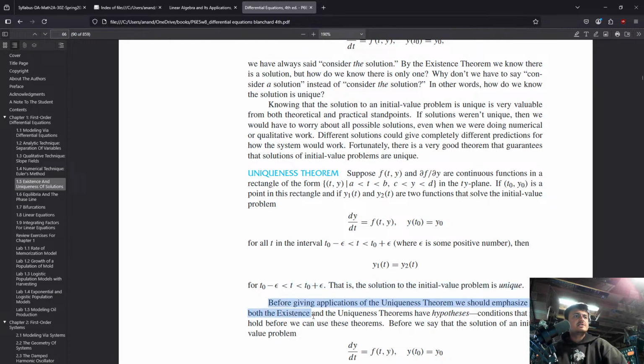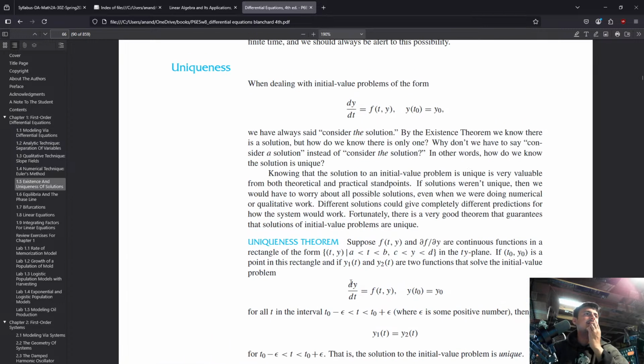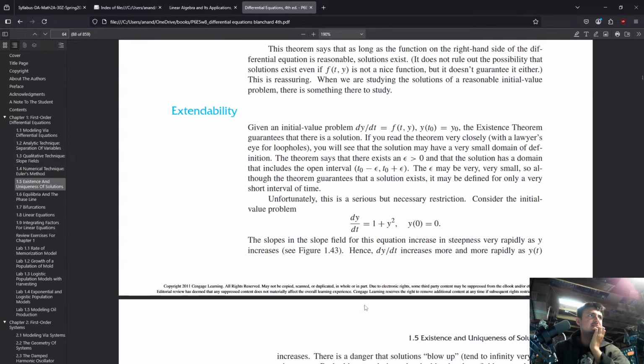Before giving applications of the uniqueness theorem, we should emphasize that both the existence and uniqueness theorems have hypotheses, conditions that must hold before we can use these theorems. I don't think they go into the proofs in this book, unfortunately, but before we say that the solution of an IVP exists and is unique, we must check that f of t, y satisfies the necessary hypotheses. Often we lump these two theorems together using the more restrictive hypothesis. So let's just write this down. The existence theorem